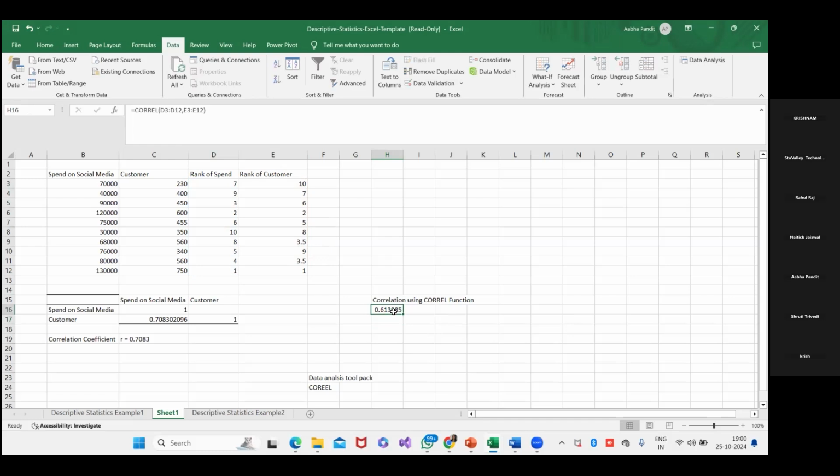0.613985. ये भी कोएफिशिएंट ही है, कोरिलेशन कोएफिशिएंट ही है, बट इट इज 0.6, whereas from the data analytics I got it 0.70। ओके दोनों पॉजिटिव ही आ रहे, एकदम से कोई चेंज नहीं हो गया कि एकदम से नेगेटिव आ गया, बट लिटिल बिट चेंजेस हियर। ओके तो हर एक का अलग अलग तरीका है, लाइक समटाइम पीपल यूज कोरेल फंक्शन, समटाइम पीपल यूज data analysis tool pack।